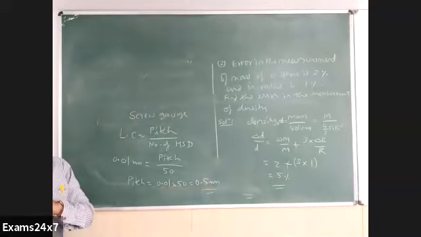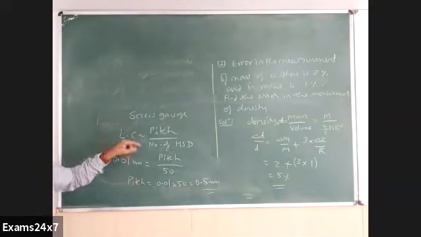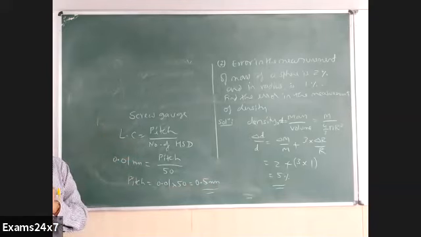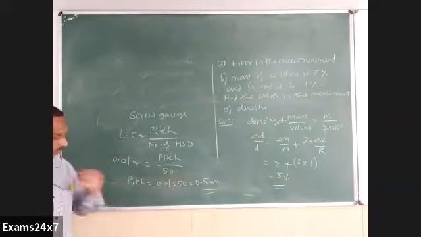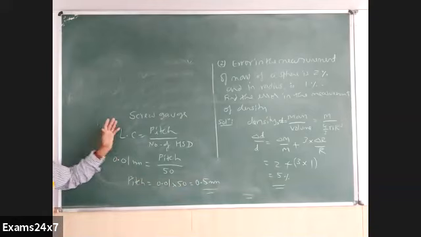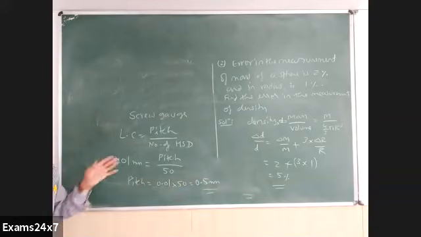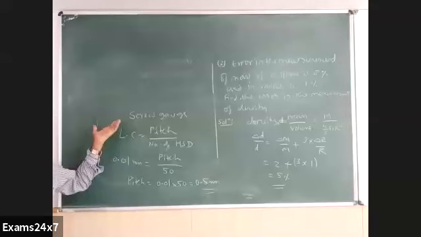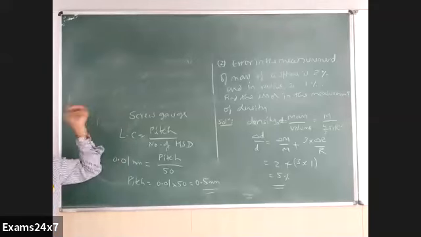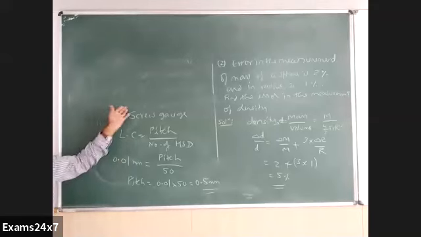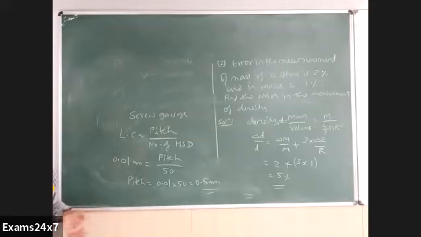Usually in a screw gauge, 1 mm will be the pitch. There is a 1 mm gap between the lines. But in this particular screw gauge, you have one more small line between, so 0.5 mm is the pitch. So this is one NEET question. We could never guess such questions could be asked in NEET prior to the 2020 paper, and they've asked such a question directly on the instrument.